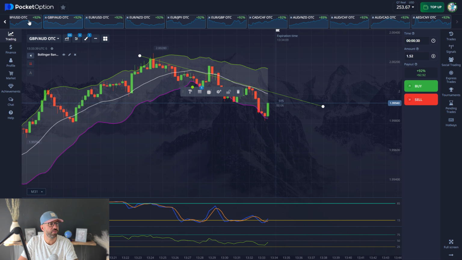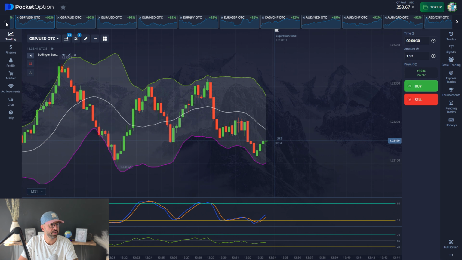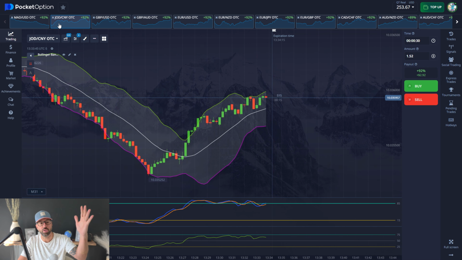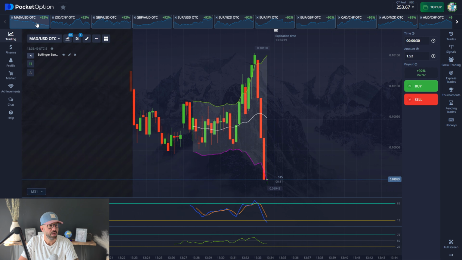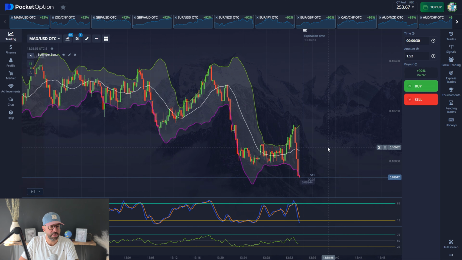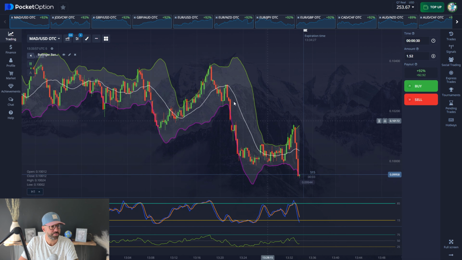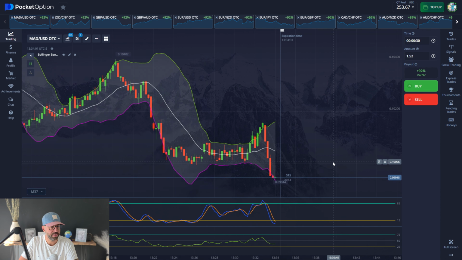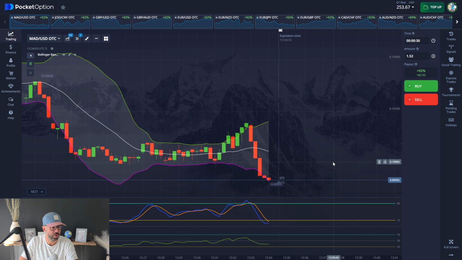You know what, let's go find another chart where we can get the Bollinger Bands, maybe outside of the Bollinger Bands, as well as the stochastic and the RSI, so that we can buy this, so we can show how this is gonna work. Wow, look at that one. Oh my goodness, that was huge. I'm gonna stay away from that. However, that was a really big push,